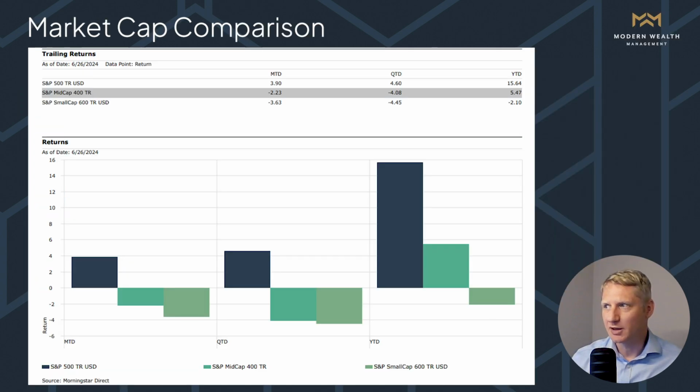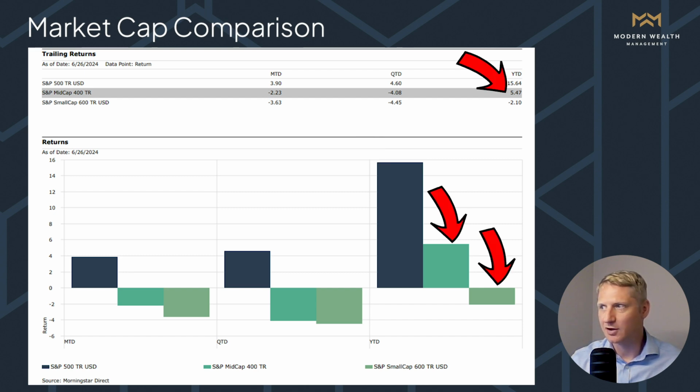Turning to the equity markets, wanted to provide a quick update on June's performance, and this is as of the time of recording, 6/26, but markets look generally to be higher for large cap US equities. This is going to round out a strong start to the half of the year, up over 15% for the S&P 500. As you can see, mid cap and small cap companies have not performed as well as the US large cap space. And that is a continuation of what we saw in 2023.